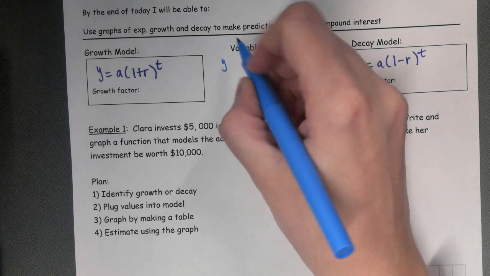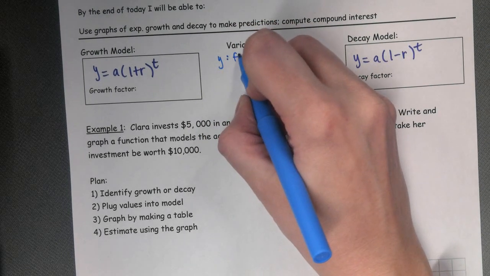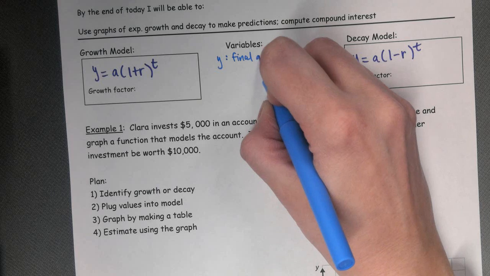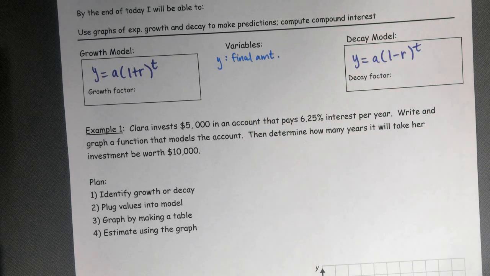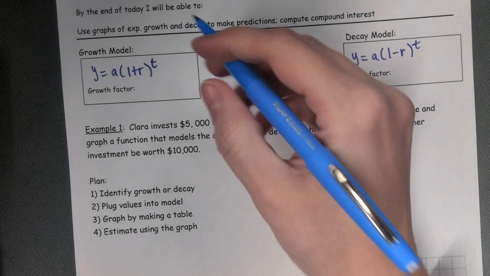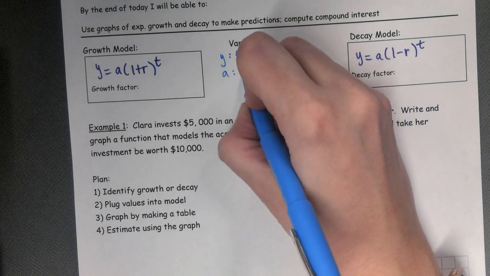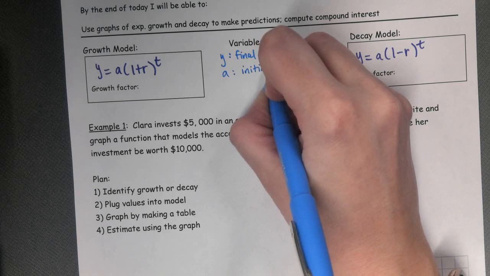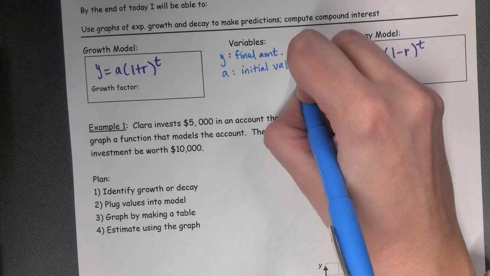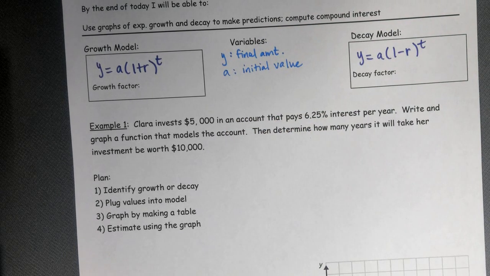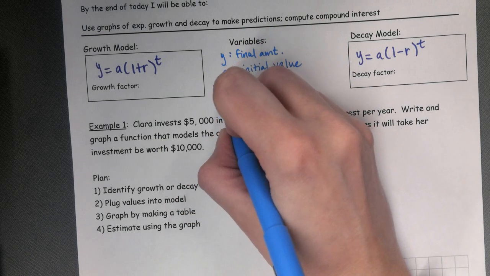Okay, your y is the final amount. So that can be money, it can be population. There's a variety of different factors. Our a is the initial value, which is the same as when we were talking about that last week. And then r is the rate